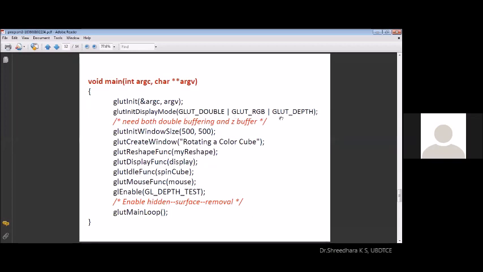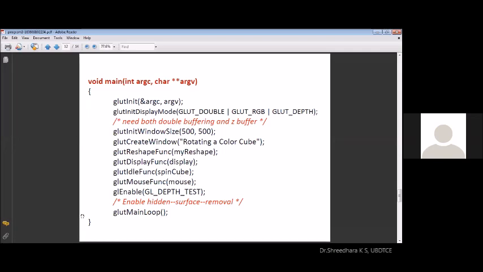And one more extra thing is the depth effect, because you are observing a 3D object. You have to show the depth activity of your screen with the help of buffer glut depth, and you have to make this at every iteration. You should know which is the front and back. The depth effect should be calculated. Hence, there is a built-in enabling of this testing activity that we'll discuss in the next hour. For the time being, you try to use this routine. GL enable, you have to enable this by calling a macro GL depth test function, which will be invoked at every iteration whenever the change is done.